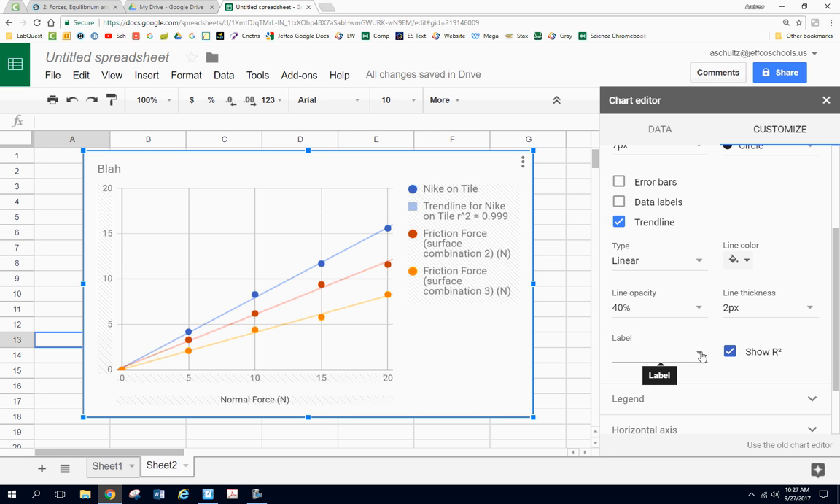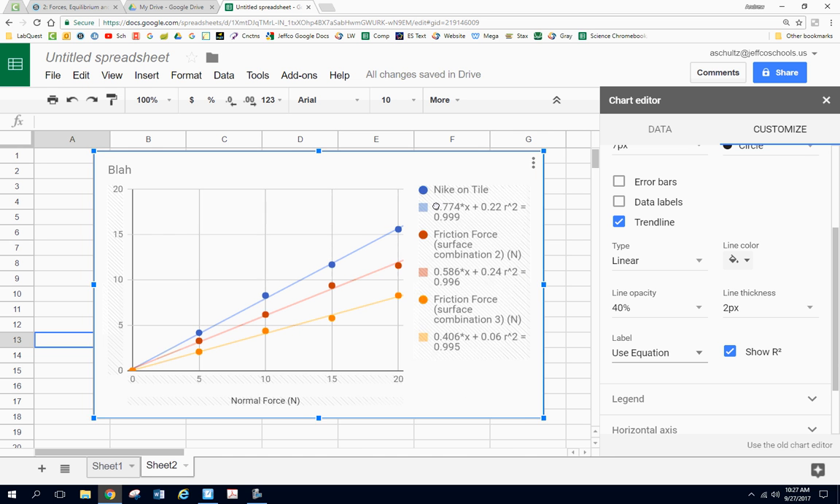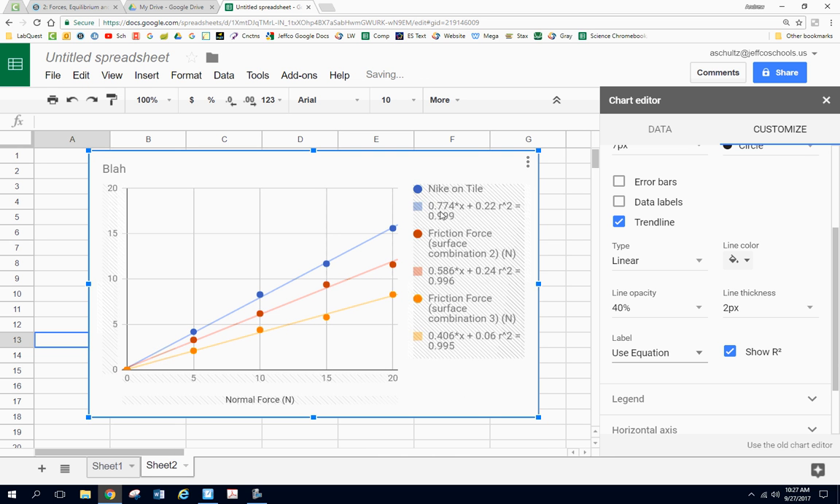And then right here where it says label, we can use equation. Okay, and it's going to give us the equations for all of these. And there it tells me the slope, which, if you remember from class, is significant in the analysis portion of what you're doing there. Okay, so